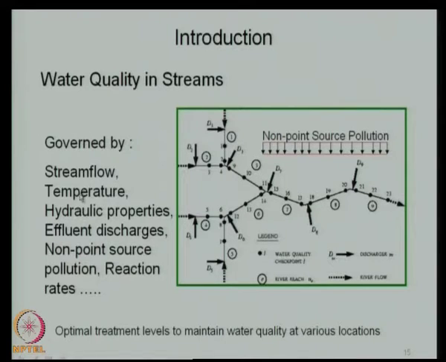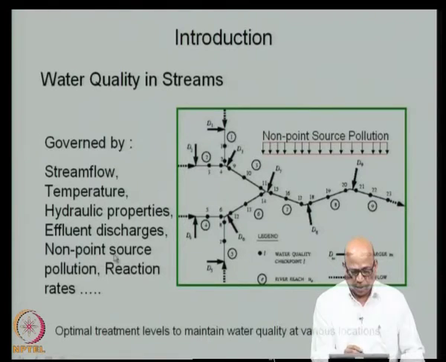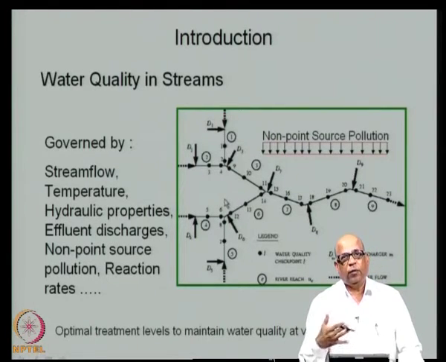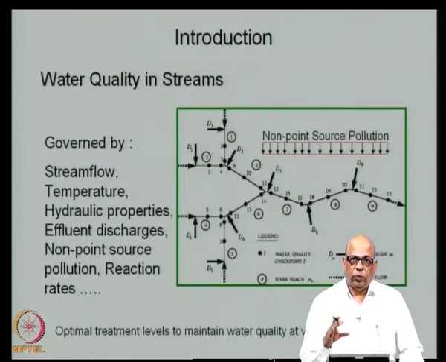And as you can see, the water quality at any location will depend on the stream flow that is coming, the temperature, hydraulic properties, effluent discharges, non-point source pollution, reaction rates and so on. So, you have a large number of physical processes that are governing the water quality at a particular location. Using all these physical processes, you must be able to build a systems model for this and then answer the